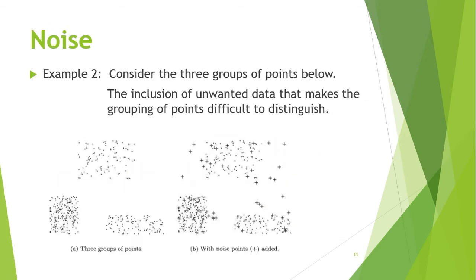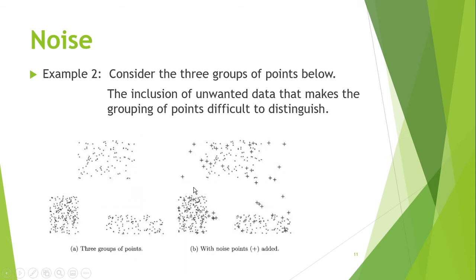Now, sa mga images naman, what's noise? Sabi, consider the three groups of points below. Ito yung group 1. Kitang-kita mo, clear na clear yung divisions nila. Alam na alam mo kung yung point na yung saang grupo nakabilang or where that point belongs. Ito, bawat point, alam mo kung saan siya nabibilang na grupo ng mga points. We have three groups of points here. Very distinct. Okay? Alam na alam mo, madidistinguish mo kung saan naka-include yung bawat point.